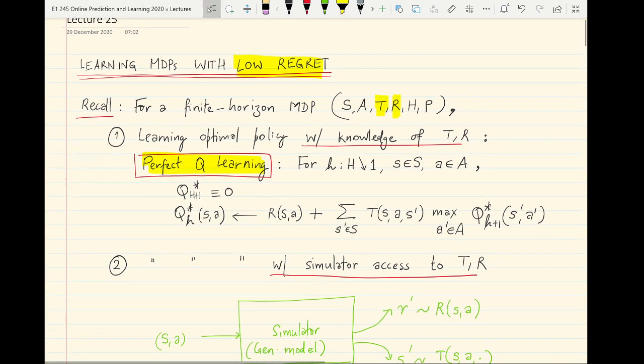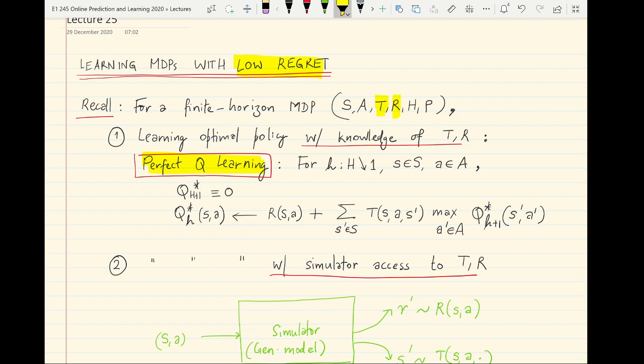This is basically a form of dynamic programming, backward dynamic programming or backward induction, where you start by initializing the optimal Q value function to be 0 right at the end of the horizon, and in every other step you